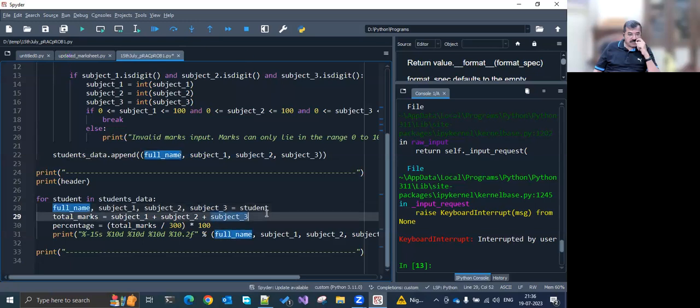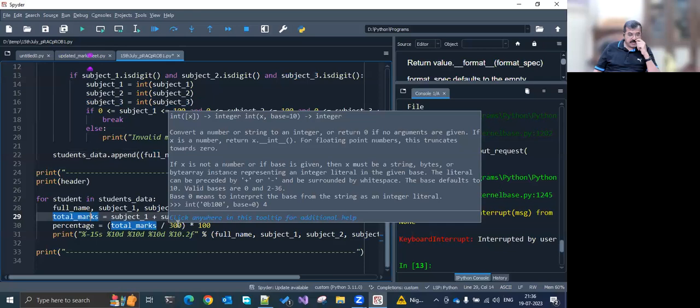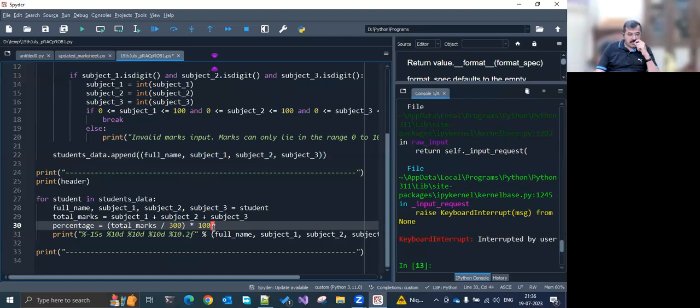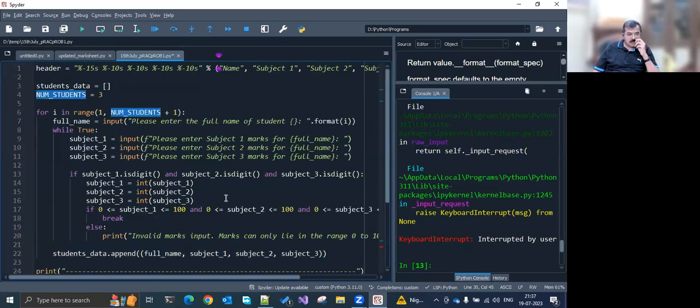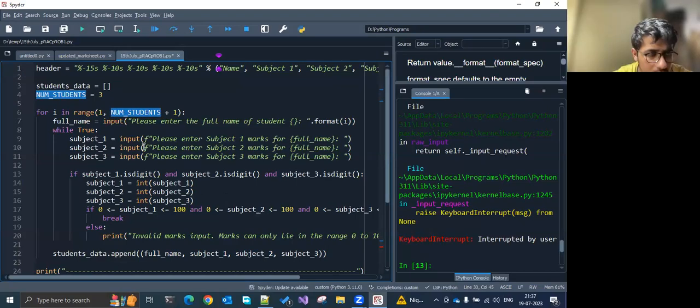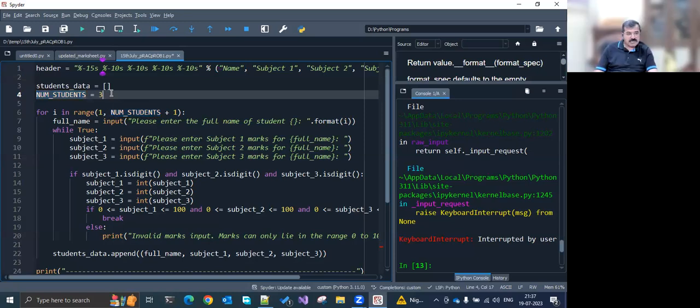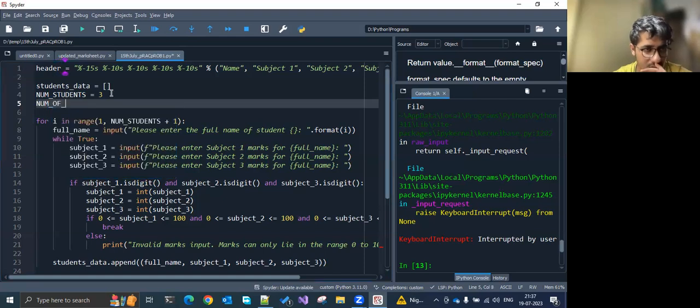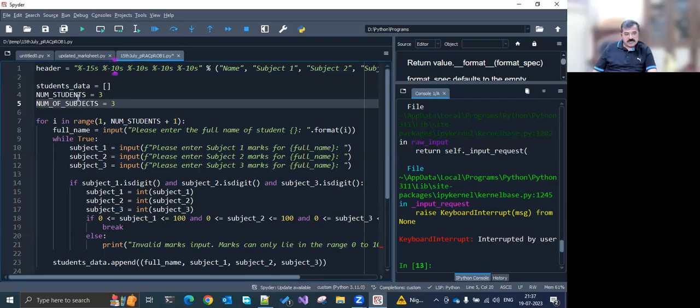ये अनपैक कर लिया। फॉर स्टूडेंट इन स्टूडेंट डेटा, फुल नेम, सब्जेक्ट 1, सब्जेक्ट 2, सब्जेक्ट 3, टोटल मार्क्स इज सो एंड सो, परसेंटेज टोटल मार्क्स डिवाइडेड बाय 300, नंबर ऑफ सब्जेक्ट से डिवाइड करो ना, बाकी क्या जनरेट कर रहे हैं। Number of students, number of subjects चाहिए था। अच्छा, आपने assume कर लिया 3 students है, ओके। सर वो 3 स्टूडेंट्स और 3 सब्जेक्ट्स के। नंबर ऑफ सब्जेक्ट्स भी 3 है हमारे पास।